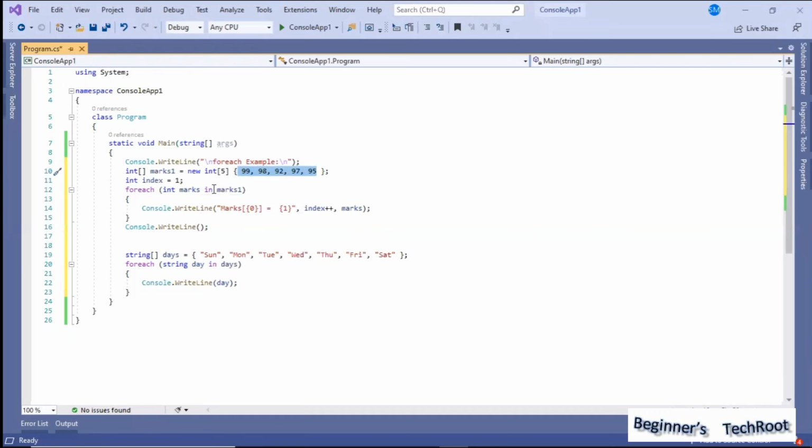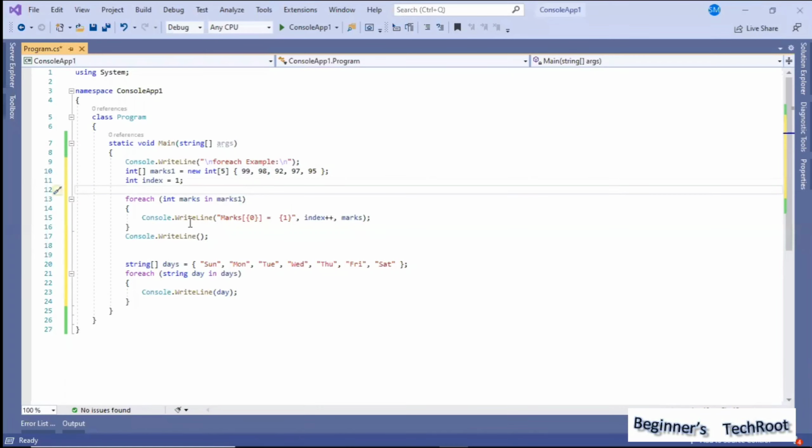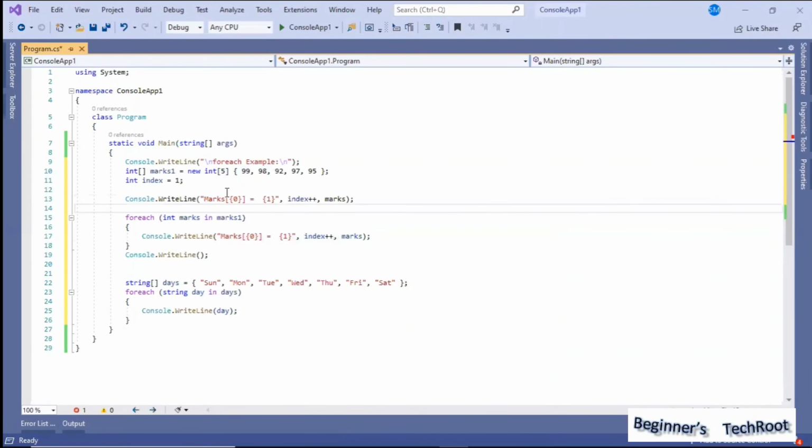So in the earlier example, if we want to display a marks1 value, how do we do it? We write marks1 with subscript 0, because our index starts from 0 to less than the maximum size of the array.